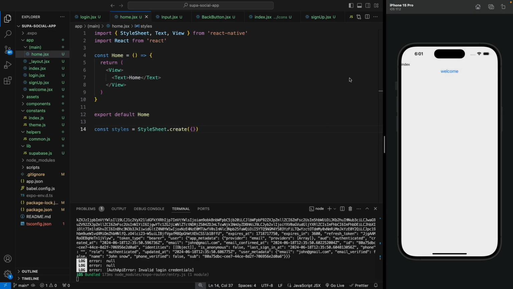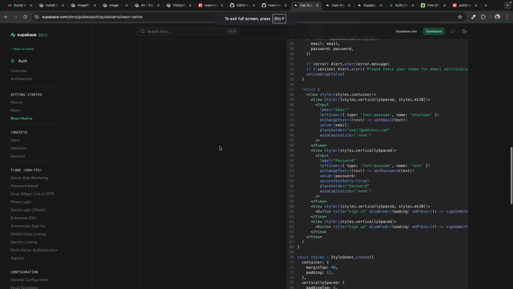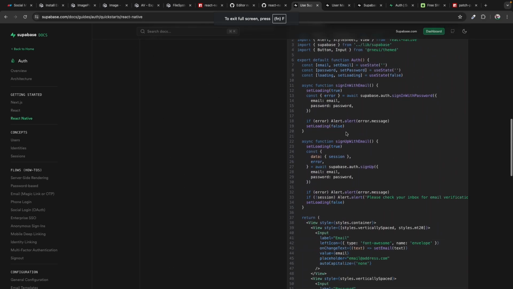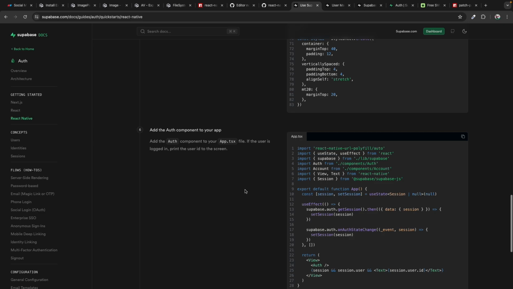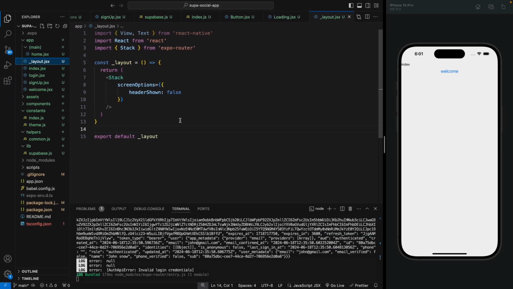So now we need to move the user to home screen whenever he logs in or registers, and for that Supabase has this auth listener which triggers every time a user logs in, registers, or signs out. So this is the code snippet for using this trigger. It's called on auth state change, and this gives us an event and a session which contains the user data, and we can show this in all the components, or we can redirect the user to home screen.